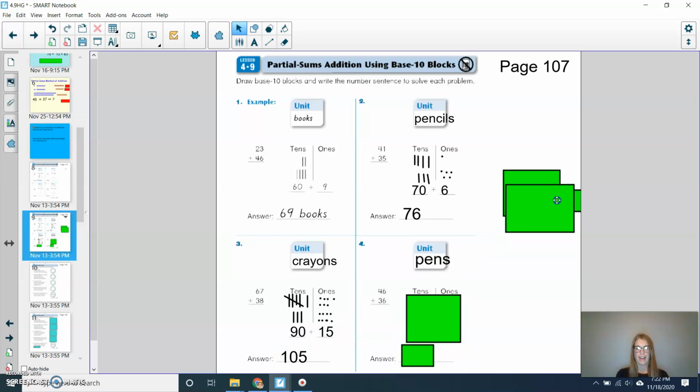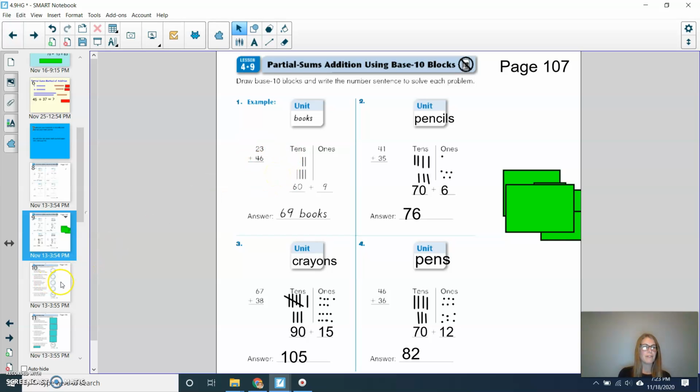to 105. For the last problem, we have 46 plus 36. So I'm going to look at my tens. So I have my 40 plus 30, which gets us to 70. Then 6 plus 6, which brings us to 12. Now I'm going to add 70 plus 12. And I know that 70 plus 10 is 80, plus 2 more is 82. Second graders, we will work more on partial products and also more strategies with two-digit and two-digit addition in future